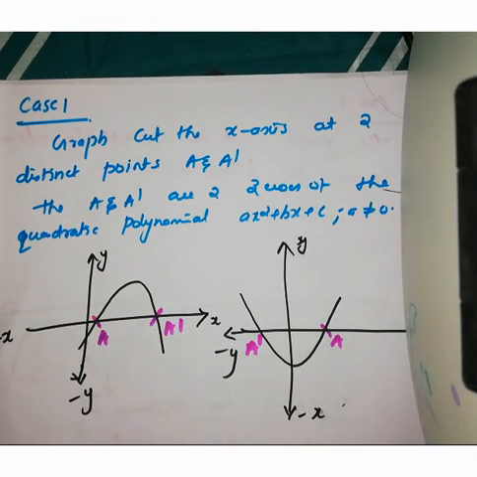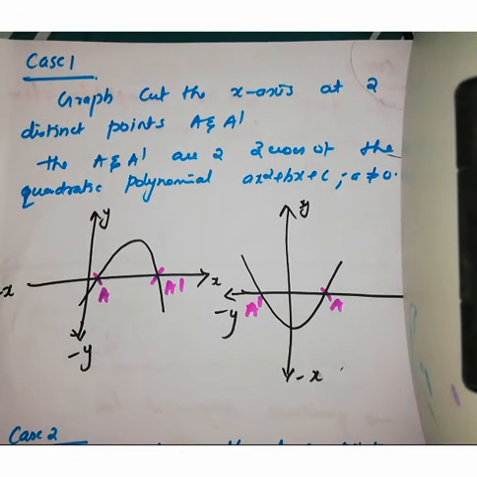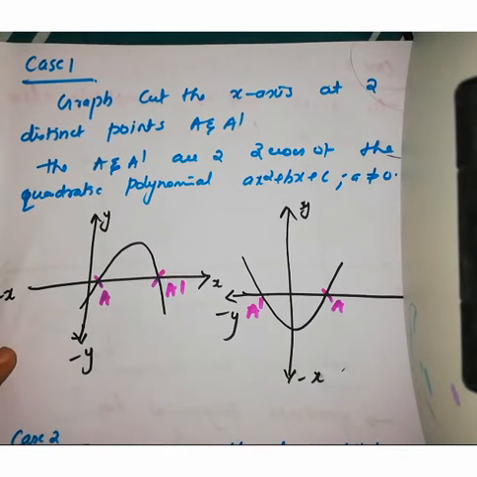So we say that for a quadratic polynomial, the geometrical representation gives a parabola, and the parabola may open upwards or downwards depending upon the value of a. If a is greater than 0, it opens upwards. When a is less than 0, it opens downwards. From the graph, you can see that the zero of that quadratic polynomial is a point where the graph cuts the x-axis. Clear? And we can see that the parabola cuts at 2 points, so we got 2 zeros for the quadratic polynomial.